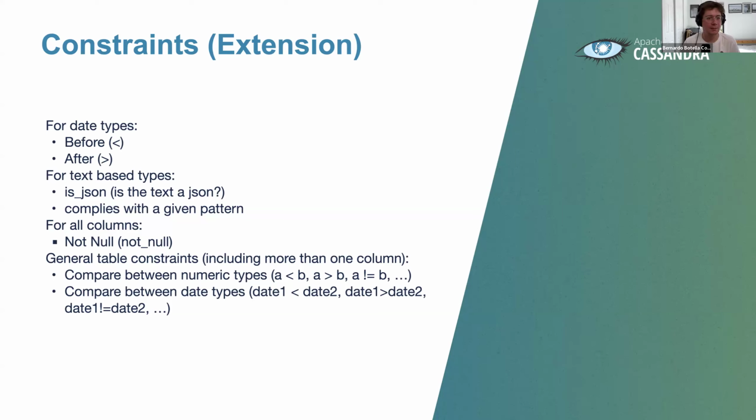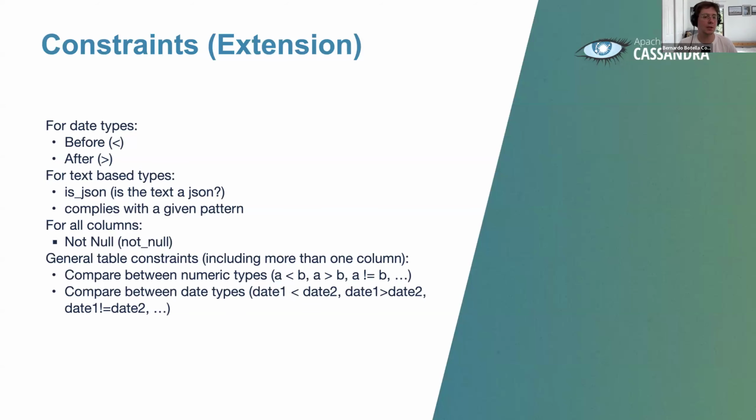For text-based, for example validating that it is JSON, this would probably clash with a potential JSON column type, which I don't think exists today in Cassandra, but this would be an alternative for that. Or complies with a given pattern, like a regex pattern given to the constraint, so any text that you add there needs to comply with that regex. Not null is also something that could be useful. And then general table constraints,